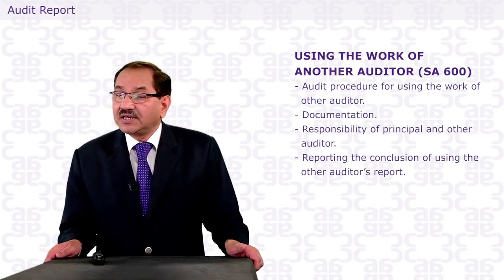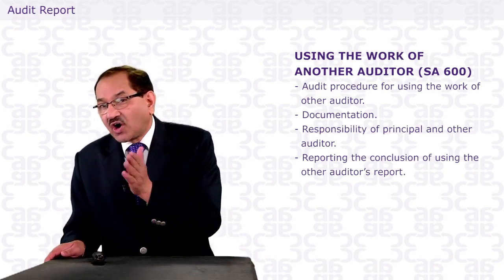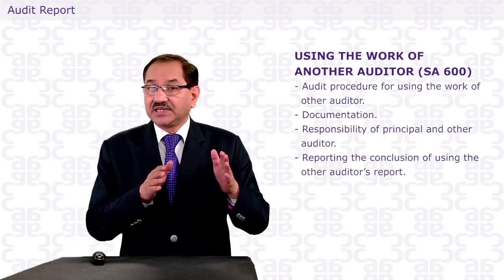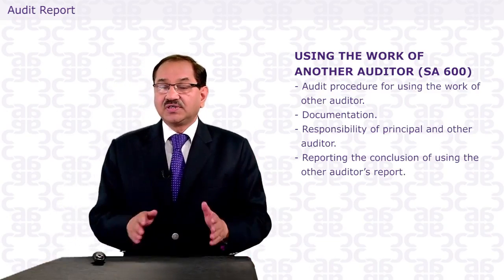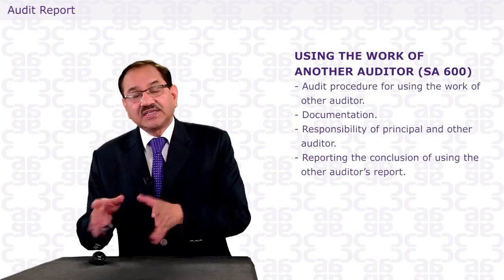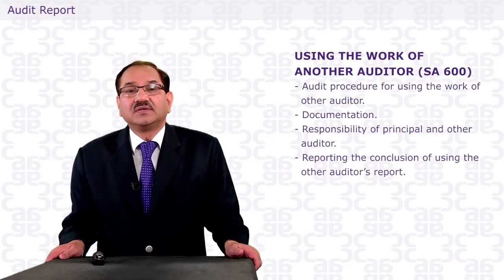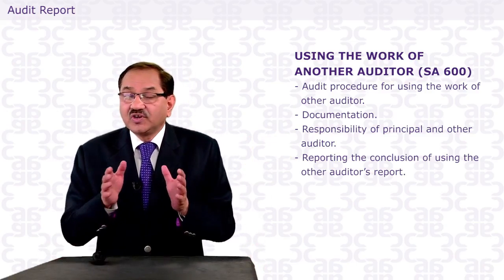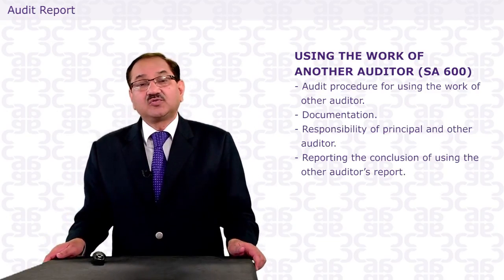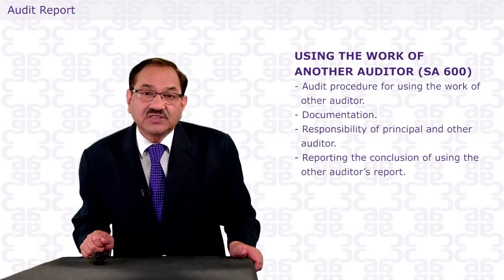Certainly, after applying a certain due diligence process, the principal auditor uses the opinion of the branch auditors. Some branch auditors have given an unmodified, clean report. Some have given a qualification, some have an emphasis of matter, some have other matters also. He has to consider all these and then come to a final view on what report he is going to present to the owners of the entity, considering all these opinions of the branch auditors.